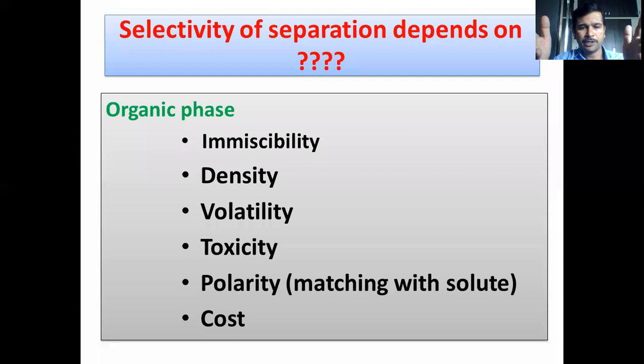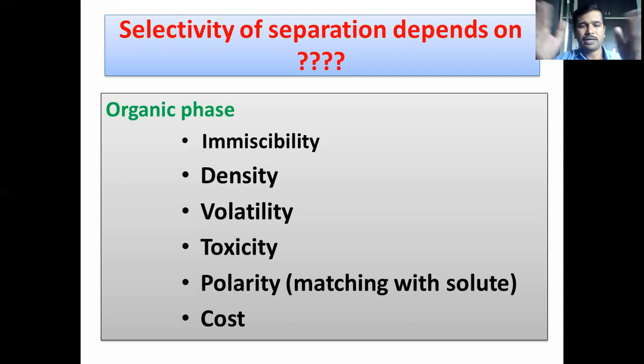If you use diethyl ether as a solvent, once the extraction is over, you will keep the beaker for evaporation by using sunlight itself. So diethyl ether will be expelled to the atmosphere by the evaporation process, and the solute will be left over as a residue. So a more volatile solvent is preferred.